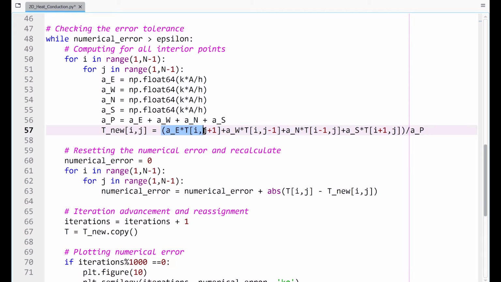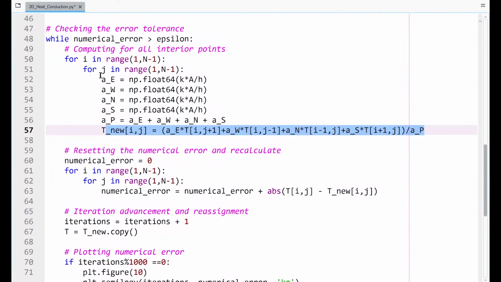On the right hand side, I'm writing AE times TE, and rather than writing TE as TE, I'm writing it in terms of index notations. Similarly I have AW times TW, AN times TN plus AS times TS, and the entire thing is divided by AP. So we are using the same formula, that AP TP equals the sum of all the neighboring coefficients times their temperature. This kind of formulation is always true, or usually desirable, as the after effect of all the finite volume based computations. That is why it makes our lives much easier.